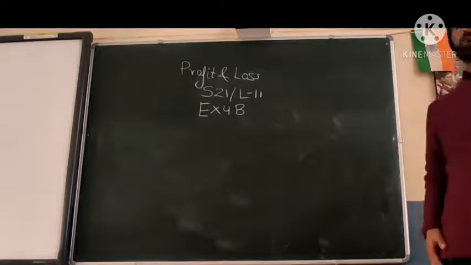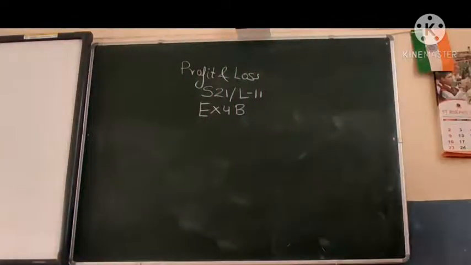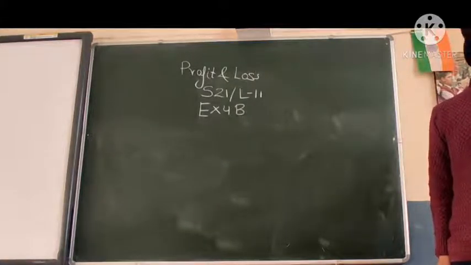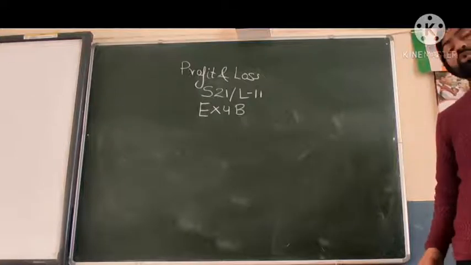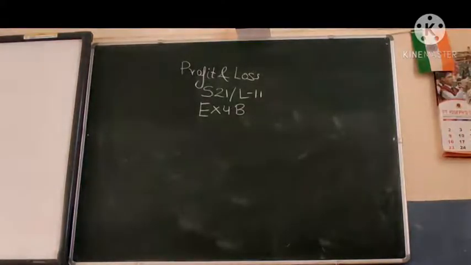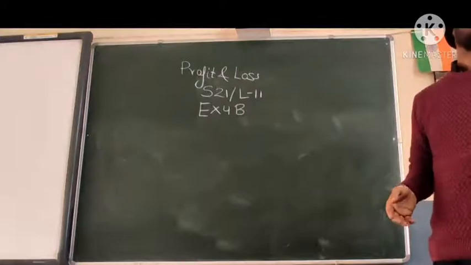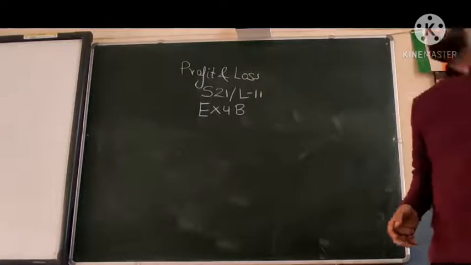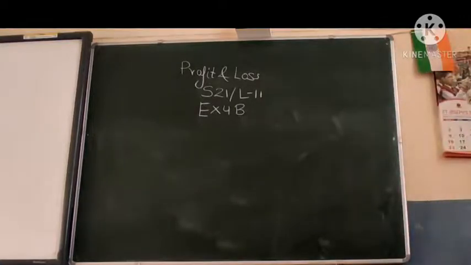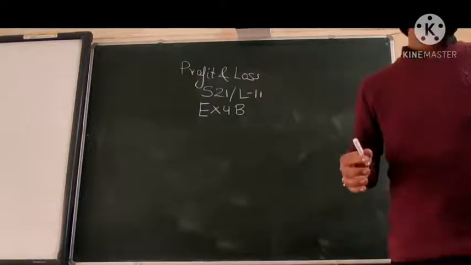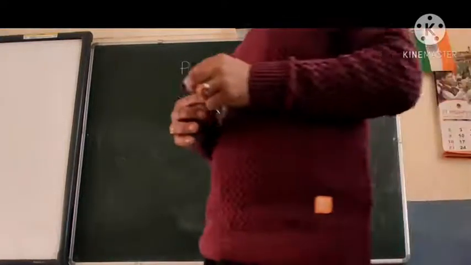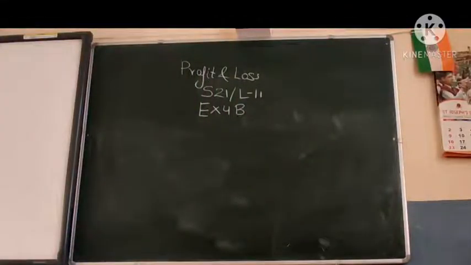Okay, so question number 14 is there, and 13 is on the same pattern. 14 is a more direct question and 13 is an indirect question. Let me solve the 13th question for you on the board. But before that, I think the 10th question is also of some importance. Something different has been asked. So let me solve the 10th question for you on the board first. What is the 10th question saying?